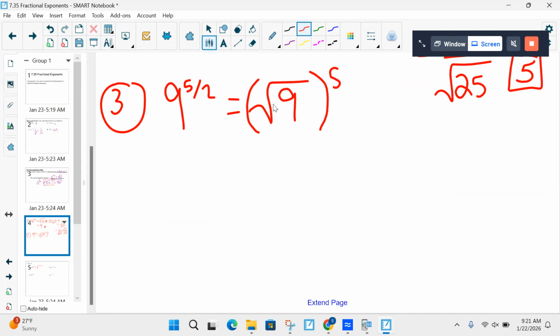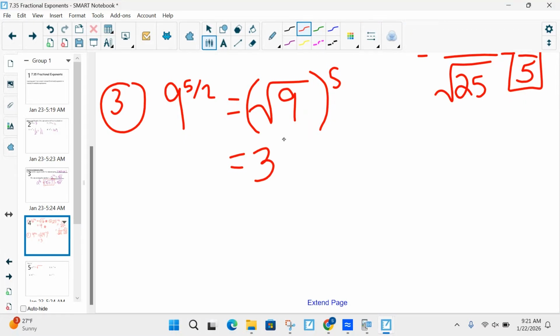So let's simplify this. Yes. How do you know if the exponent goes on the outside parentheses or? I told you guys to always put it outside because that helps us simplify it. Because we first want to take the square root of 9. We don't want to raise 9 to the 5th power first. So the square root of 9 is 3. And then 3 to the 5th power